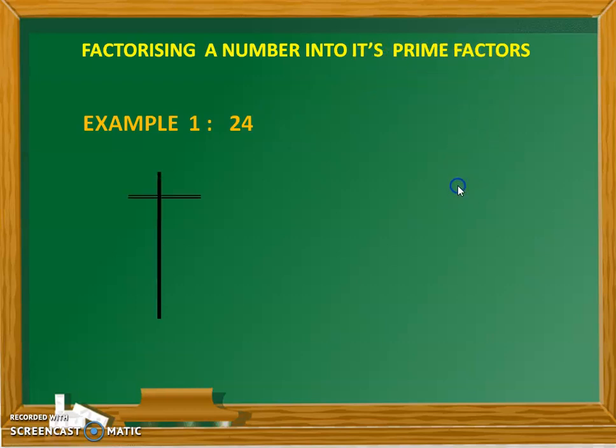First of all, we need to make this vertical arrangement, and here we are going to write 24. Now for factorization we are going to simply do the repetitive division. Here we are going to apply the divisibility rule. As we have learned, first of all we are going to look at the unit place. We have 4 at the unit place, which means it will divide by 2. So we will start dividing 24 by 2.